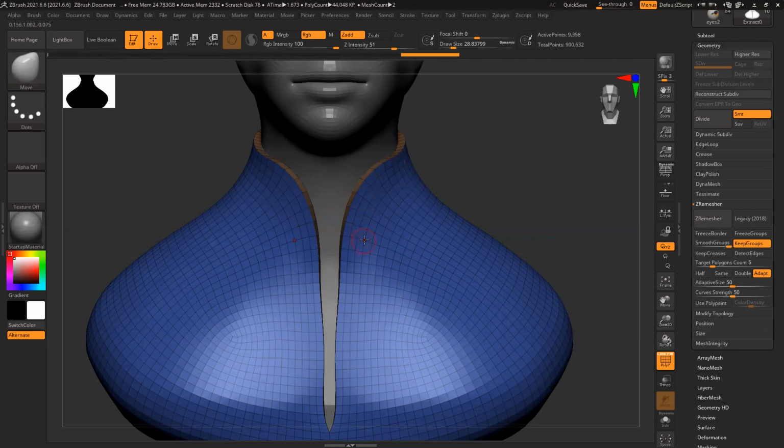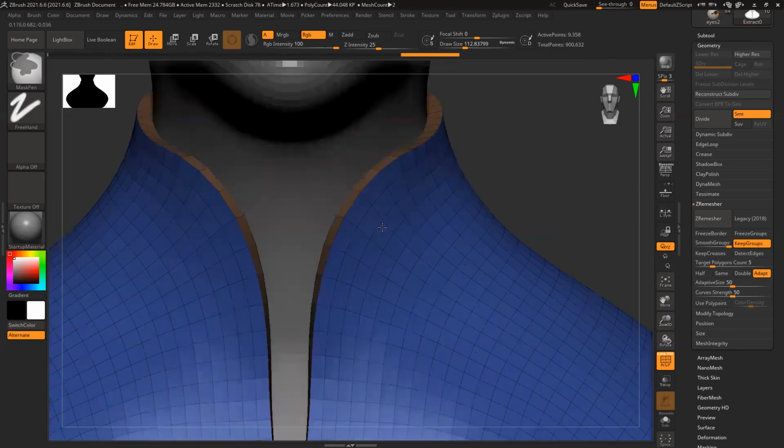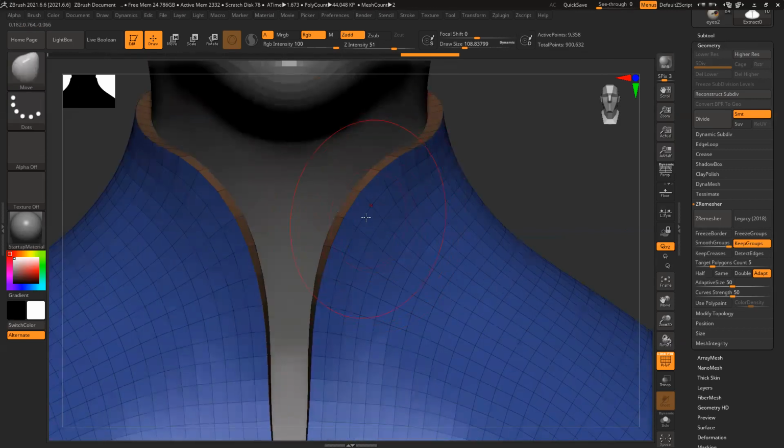Because it's asymmetric, I can switch off my symmetry. Okay, let's start working on symmetry. Initially, local symmetry.